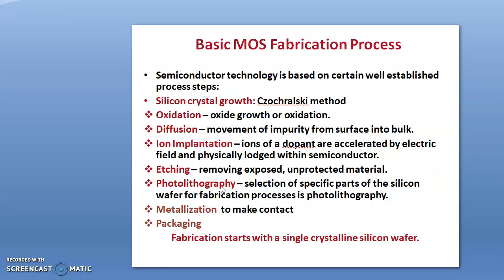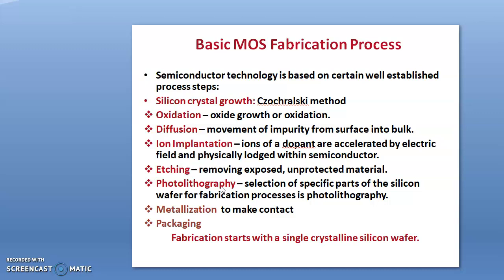A selection of specific parts of the silicon wafer for the fabrication process is done using photolithography. It's a process in which we can transfer the patterns and remove whatever portion we don't want, and whatever portion we want we can make it retain